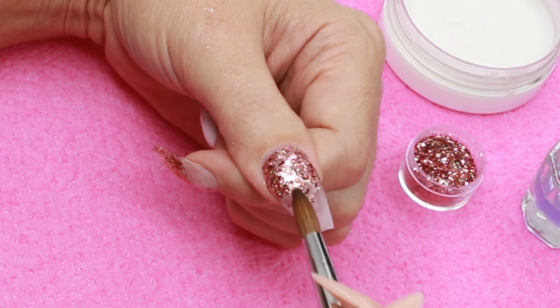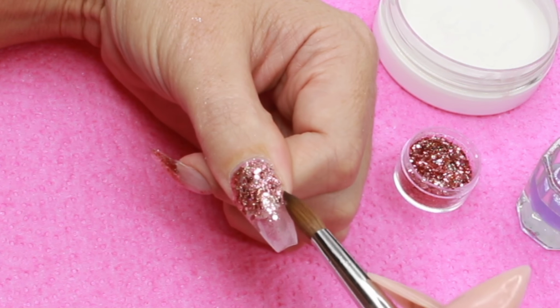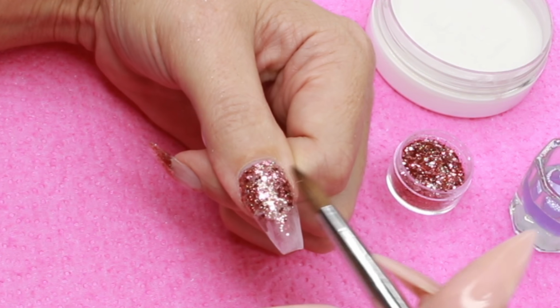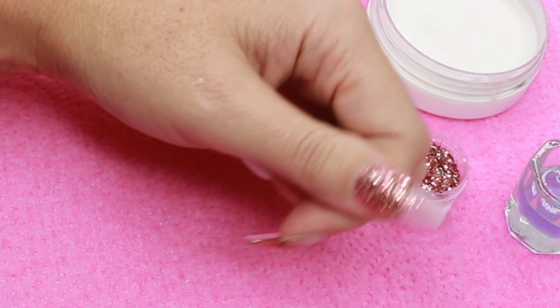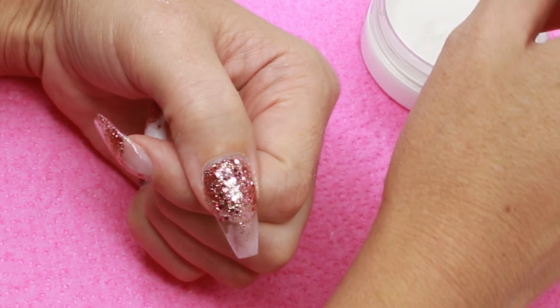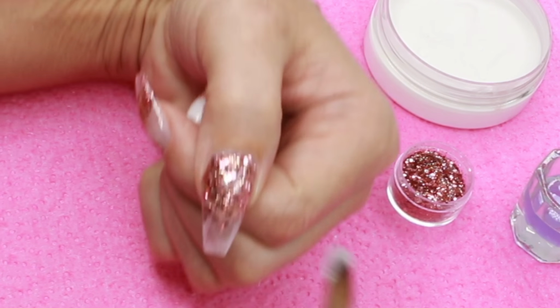So I'm just making sure that I do get coverage over that natural line of mine. You can see I got quite good coverage. Now I'm just making sure that I do have a flat layer of the glitter, so just make sure that I pat them all down and that I don't have any glitter sticking out anywhere. So that is all lovely and covered, and what we're going to do next is we are going to encapsulate